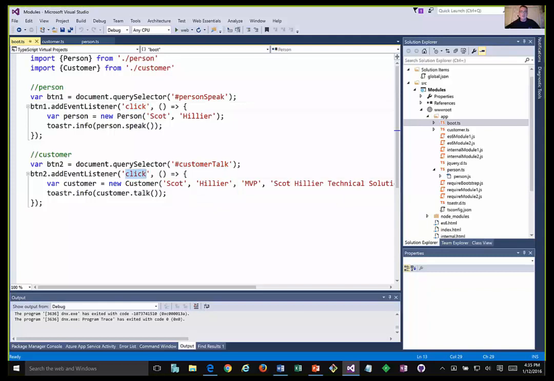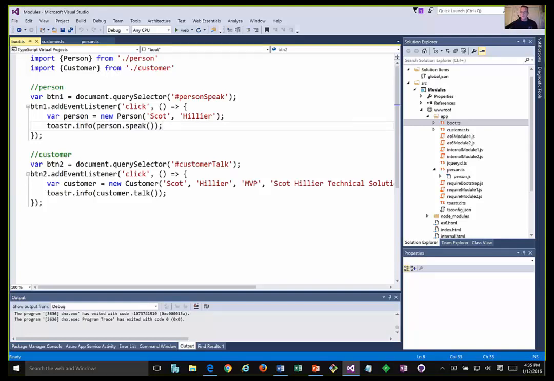Okay, and then I also love this syntax right here, the new arrow syntax. This is basically your inline function right here. So this is the function that will get called when it's clicked, and you can see all we're doing is calling the speak or the talk function. Now, to me, when I look at this, this is a much cleaner way to write JavaScript. It works the way my programming brain wants to work, and this is really the reason why you should care about TypeScript. But it goes beyond that now, because this pattern of development is what the Angular 2 team took